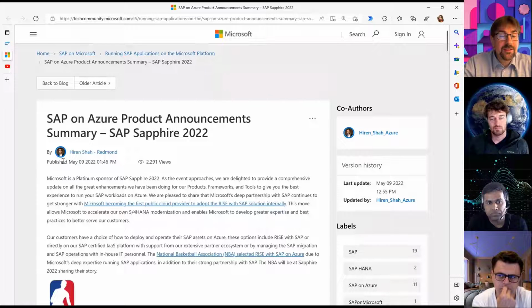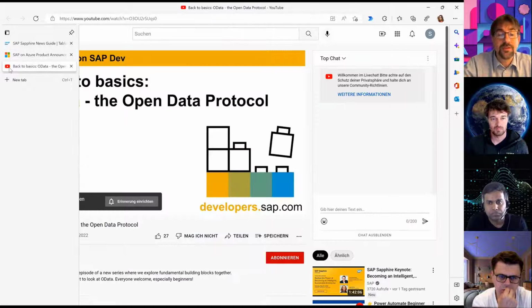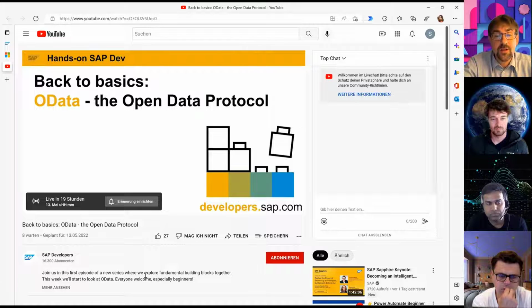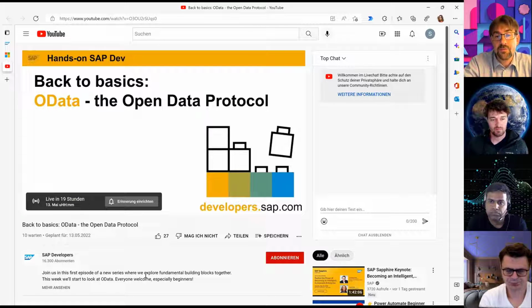Good. With this one last thing, we have been talking about OData for a long time. And Martin, you had the session with Will, where we talked about how you can expose an OData service and convert it using your converter into an OpenAPI specification. And then we can take it into, for example, Azure API Management, and from there into the Power Platform. But I think